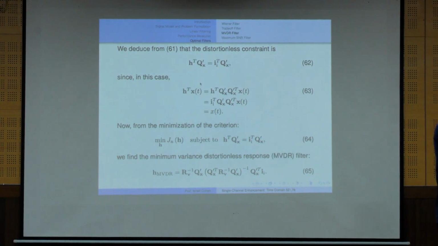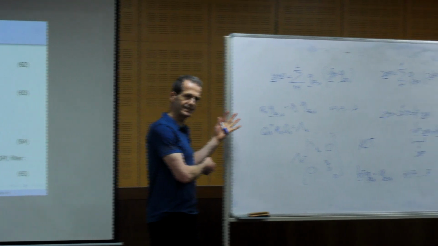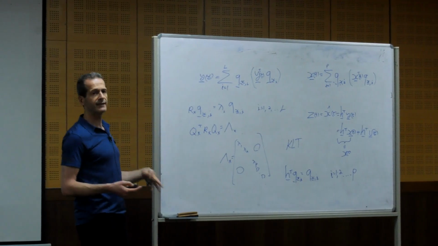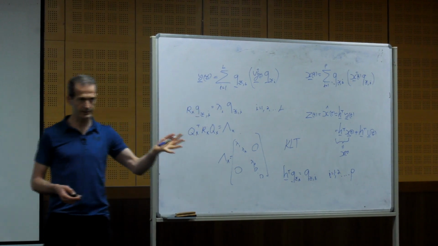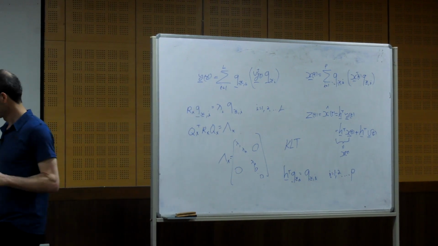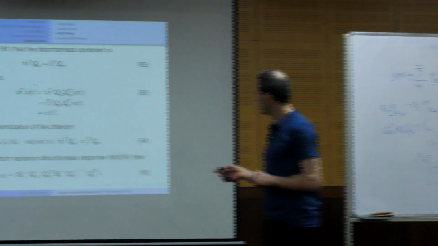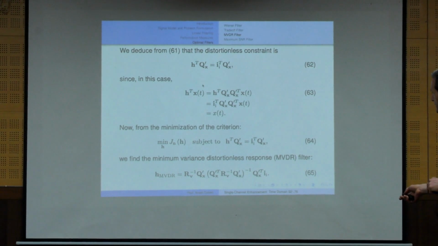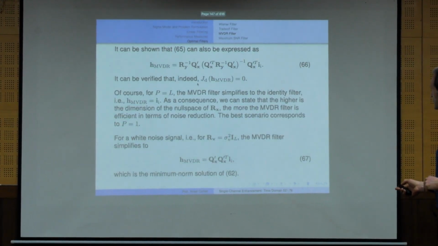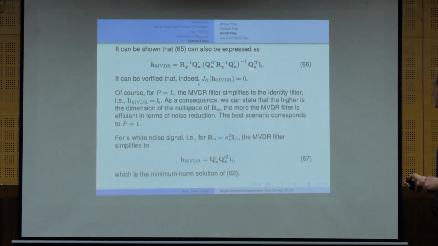So along all this single channel signal enhancement, we assume that we know Rx and Rv. That's why we know the eigenvectors that diagonalize Rx. Okay, and instead of using Rv and Rx, we can change it using Ry and Rx. So it's Ry and Rx, the eigenvectors are from here. So instead of using Rv,